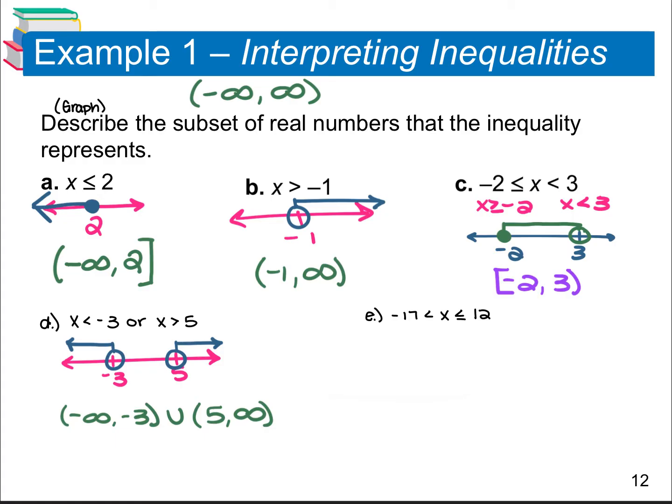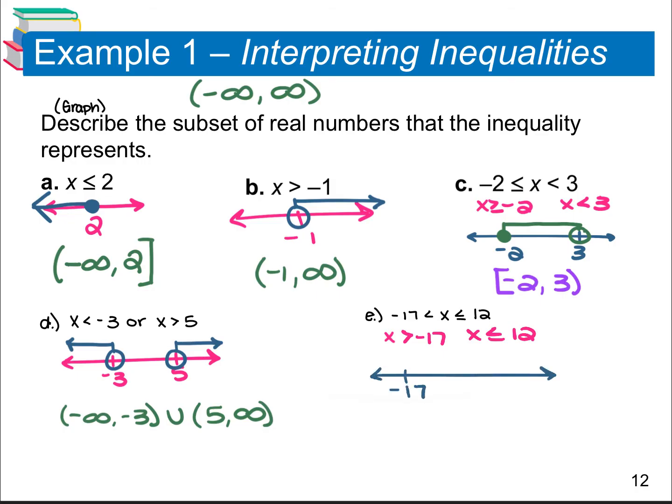Then for E, we have -17 is less than x, which is less than or equal to 12. We're going to separate this into two inequalities. One that has x and -17, where our sign is open to x, it stays open to x, and the other x is less than or equal to 12. So on our number line,